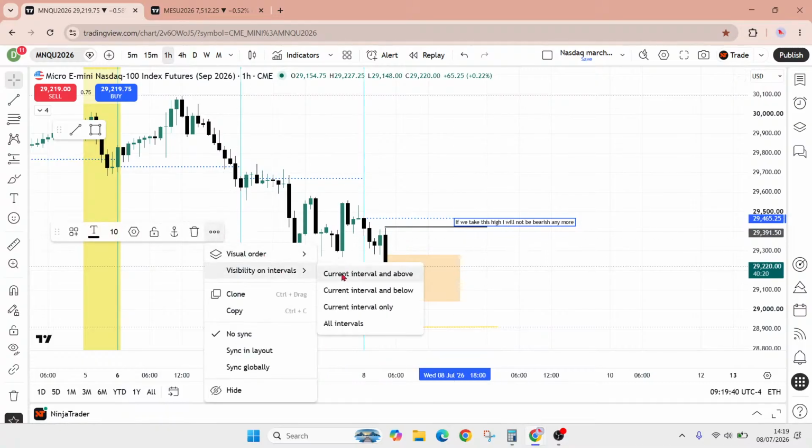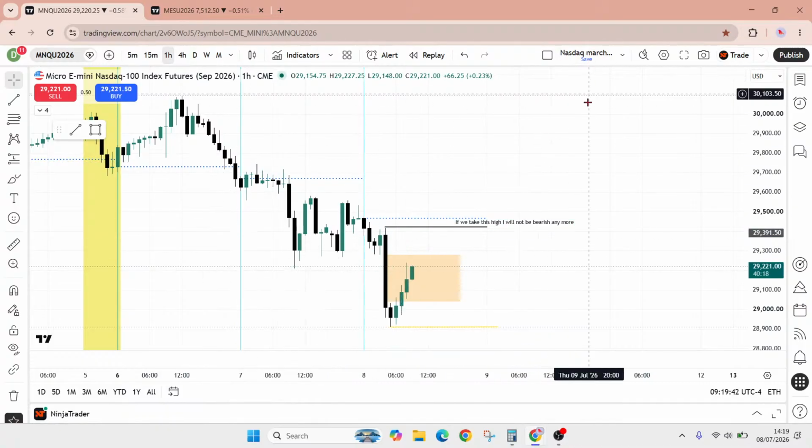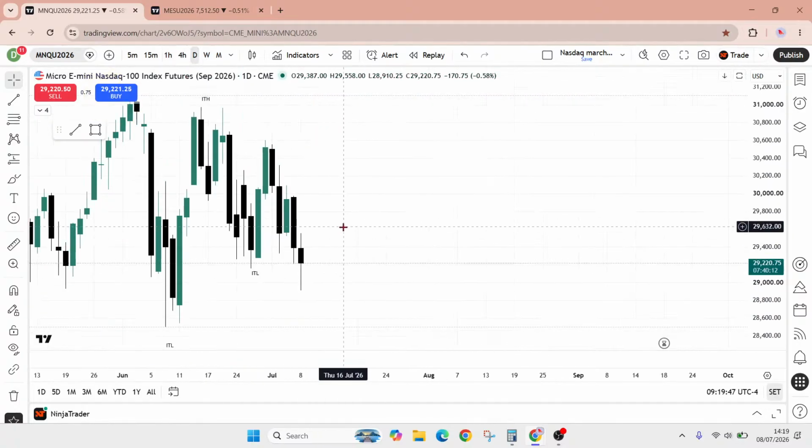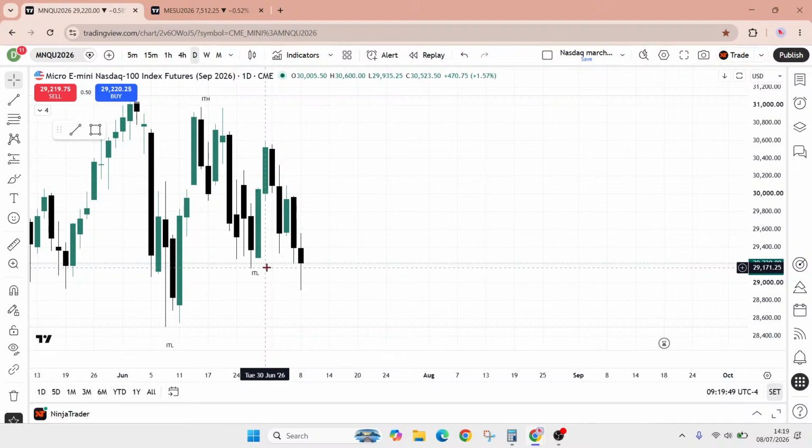I don't want this to show into the higher time frames. So if we look at Nasdaq from the daily, we took this key point intermediate term low. If you watch my video from yesterday, I expect this to be taken. Now it happened before a New York session where I'm going to start trading on the open in 10 minutes. When the intermediate term low is taken, if for example you're bullish and this intermediate term low is taken, you need to stay away,